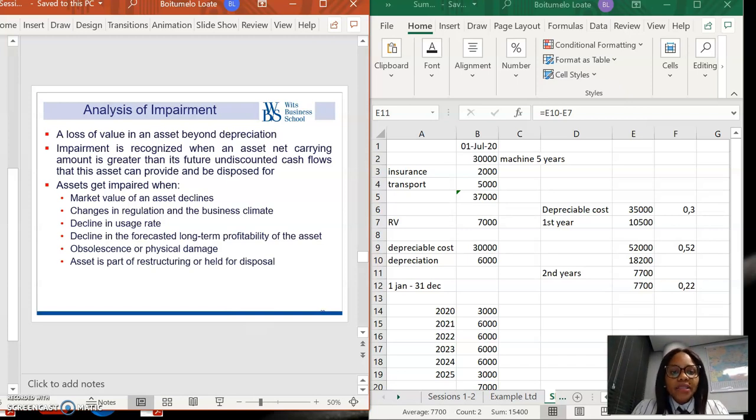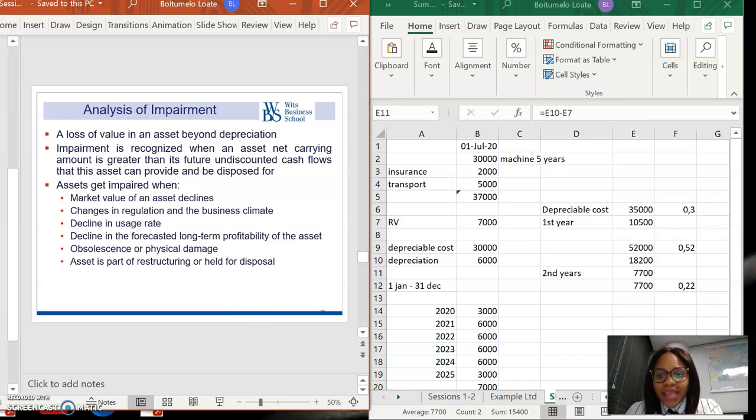In terms of impairment, you need to recognize an impairment when your market value of your asset has declined. So let's say your machinery was initially worth 100,000 Rand and now it's only worth 60,000 because a new machine has come into being. We need to then reflect that decline in the market value. If there's been any changes in regulation, changes in usage, or changes because of physical damage or obsolescence, or the asset is now held as part of a disposal, we need to factor in all this and say, okay, maybe